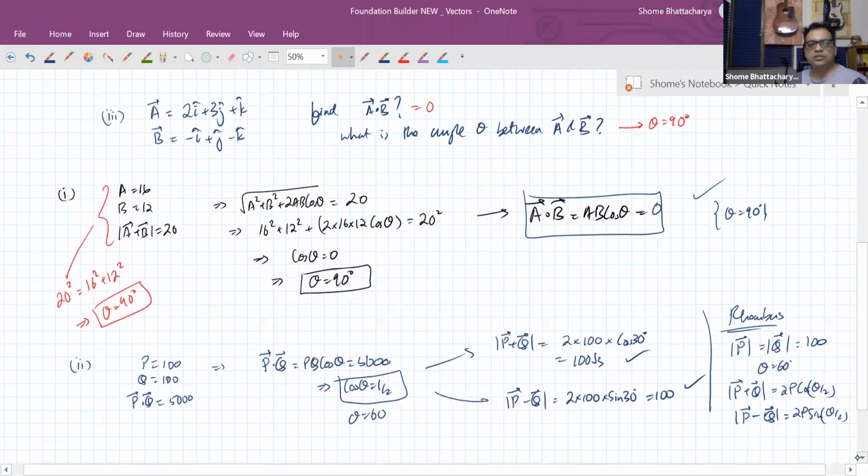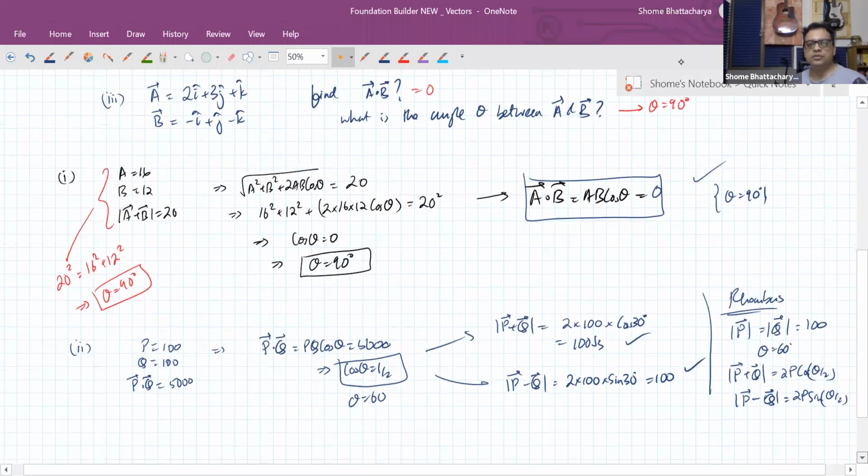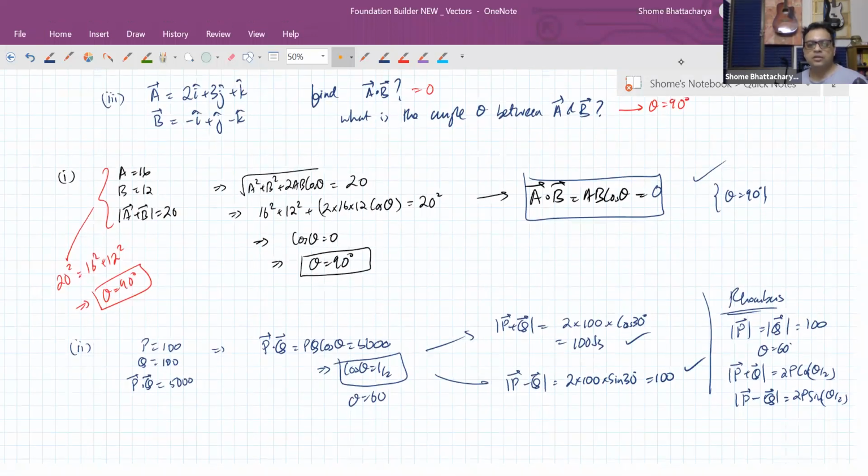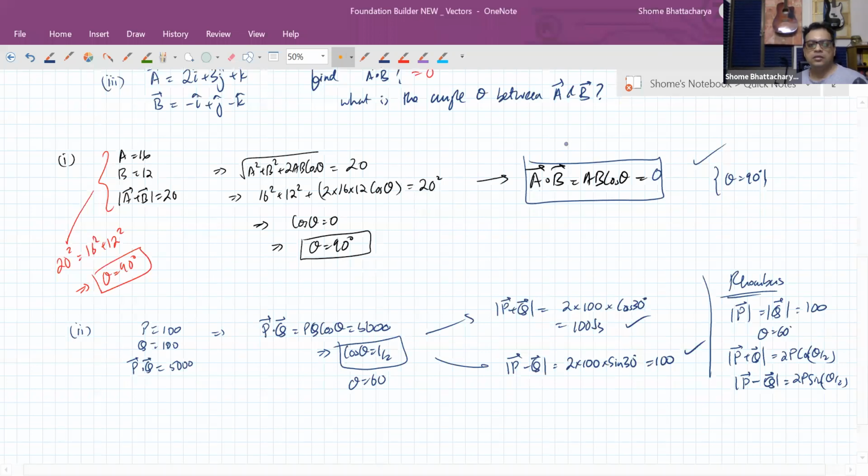Now the third question is the simplest of the lot actually. You have to just use the formula. In the last part, I used the special formula of the rhombus. Yeah Aditi, I just use the special formula of the rhombus case, that when mod A is equal to mod B,